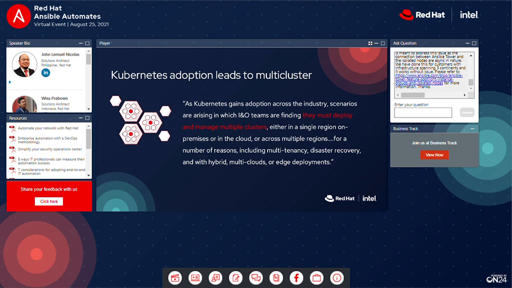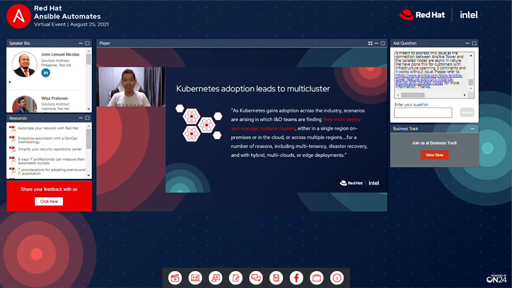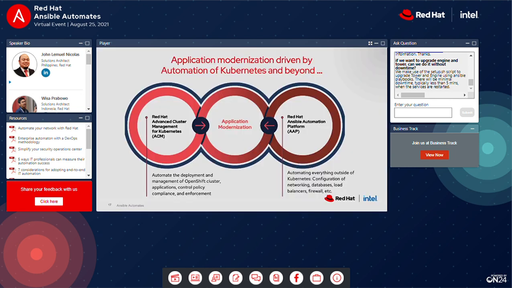It is very normal that we all have multiple different environments: UAT, development, testing, production, DR, on-premise, on the cloud, and so on. The same applies in Kubernetes. All our customers end up with many different Kubernetes clusters in many different places, and they need something to really maintain them. And even in the Kubernetes world, Kubernetes is not everything. You still have other components like monitoring, ticketing systems, your storage, network, and security systems around your Kubernetes. So these are things that do not natively interface with Kubernetes. That is where Ansible comes into the picture. So even in your Kubernetes world, you will still need some sort of